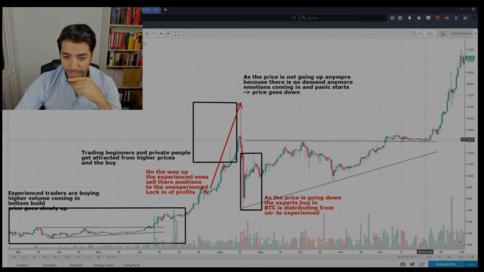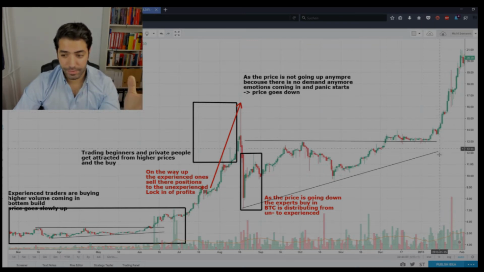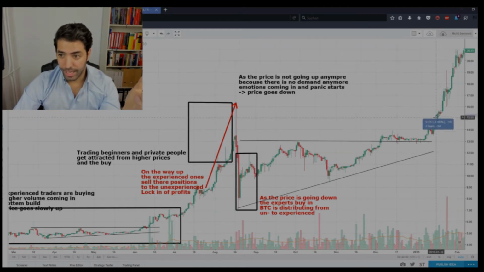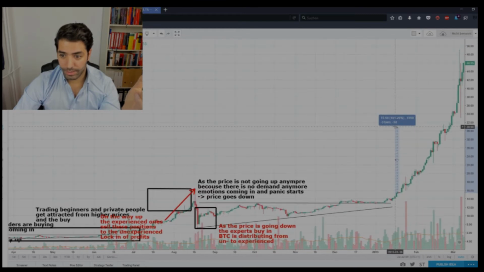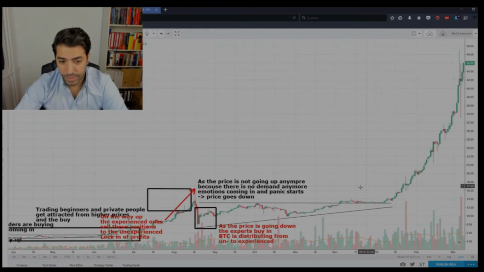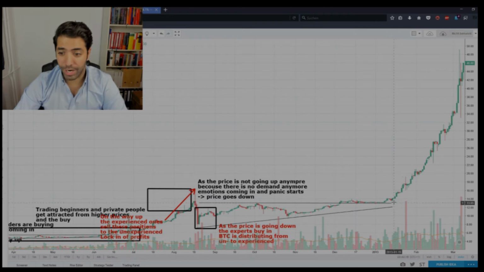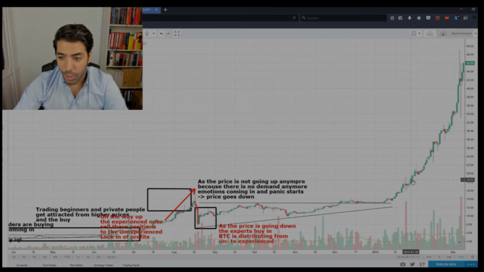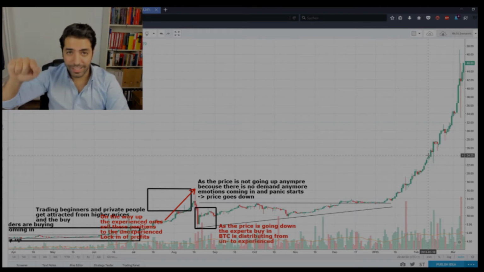And then what happened again? The price starts to go up again fast. Okay, volume is coming in again from the experienced ones, and let's have a look what is happening then. So as you see, the price is going fast. Same procedure again. Price is going up. We broke the former resistance here, which was around $16. And now attention starts again. So it is repeating itself.